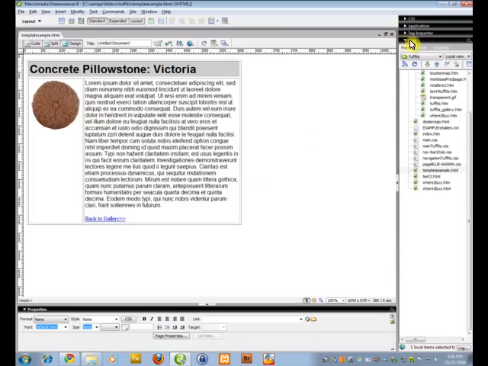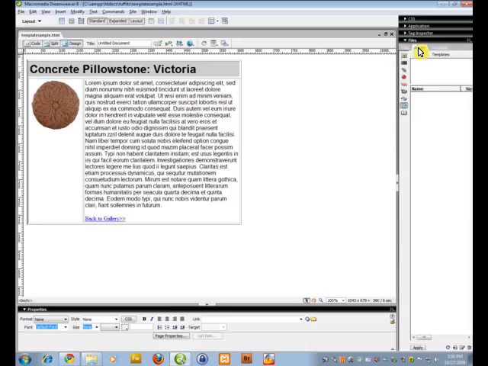So now we're going to the Files panel, and we're going to go not to the Files tab but to the Asset tab, and the second one from the bottom is the Templates. So we're going to start out by creating a new template, and to do that we go down to the bottom and we click on the new template, and we're going to call this one Product, and that's the name. You'll notice that it's a blank template, and to get started we need to click on the Edit button. Well, that's just exactly what we're going to do. So we're going to go down here and click on the Edit button,